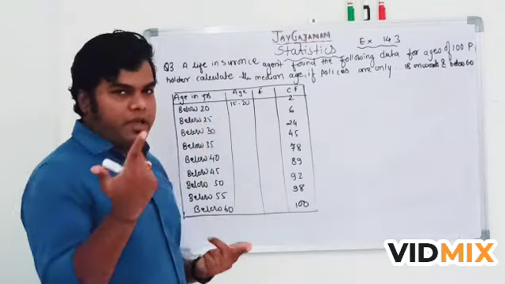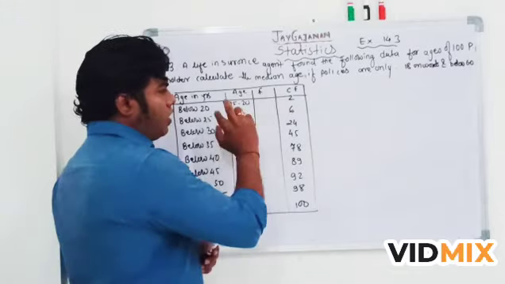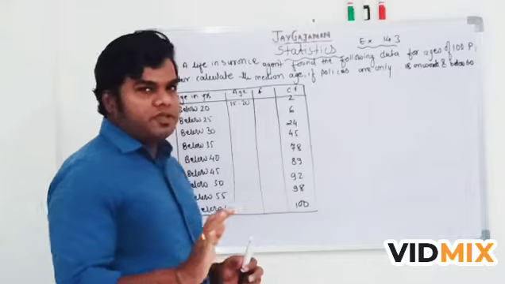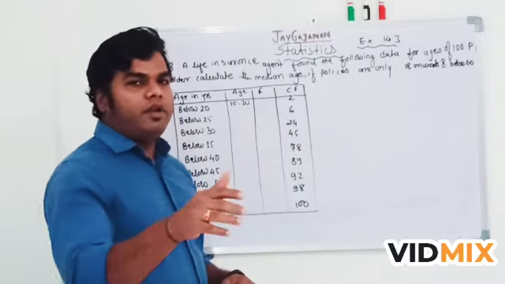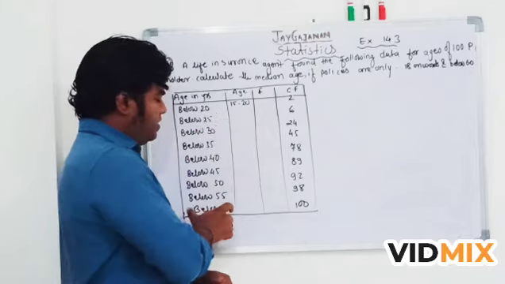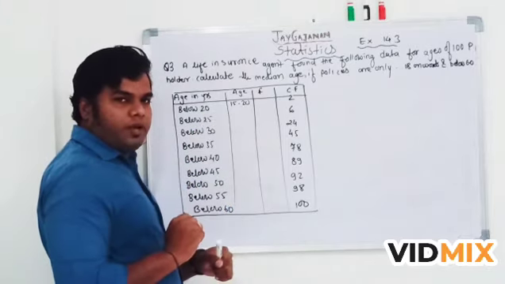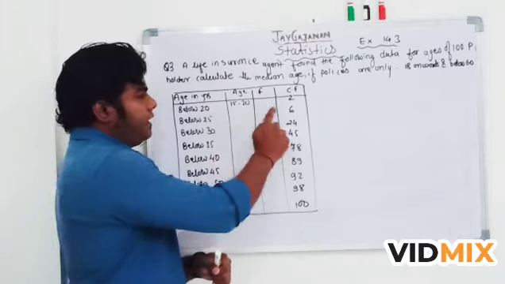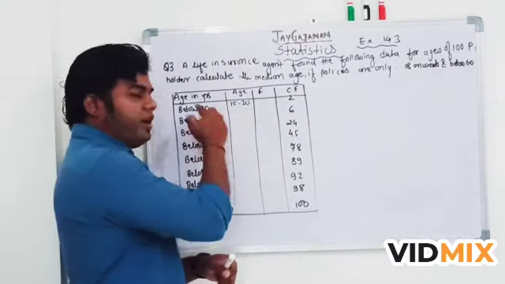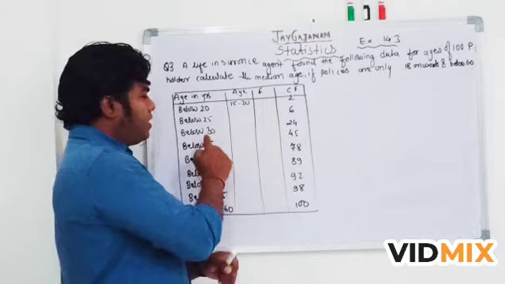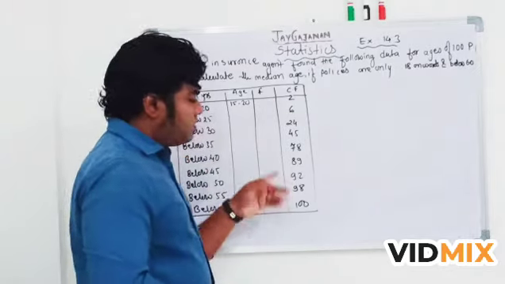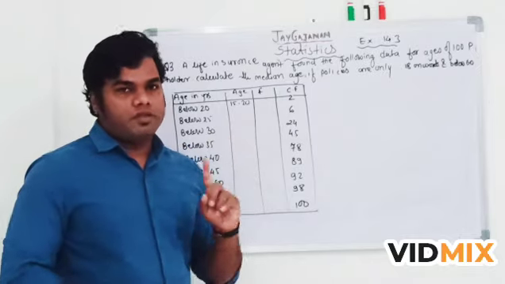So the first thing to identify: it is not given in the question that this is a cumulative frequency, but how to identify that the given thing is a cumulative frequency? To identify that, the first thing is this: below 20, below 25 is given, correct? So below 20 this 2, below 25 this 6, below 25 includes the 20 also, then below 30 this 25 also comes, below 35. So that means this is cumulative frequency. This is the first thing.